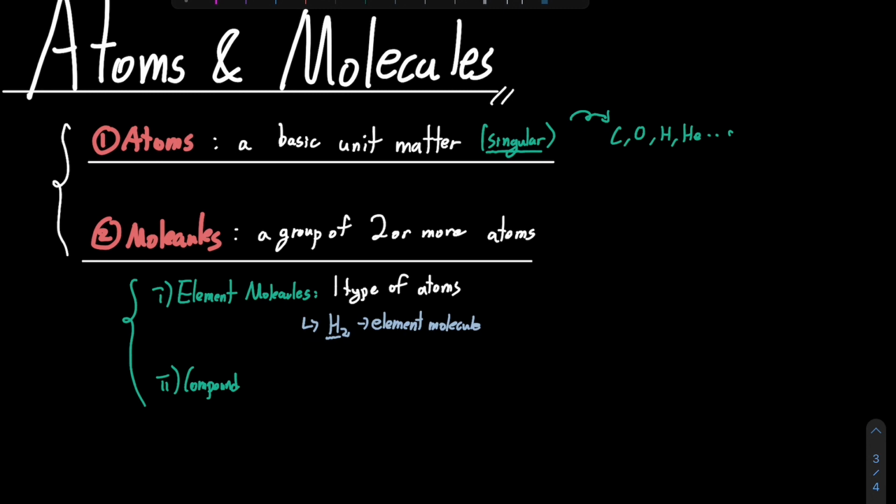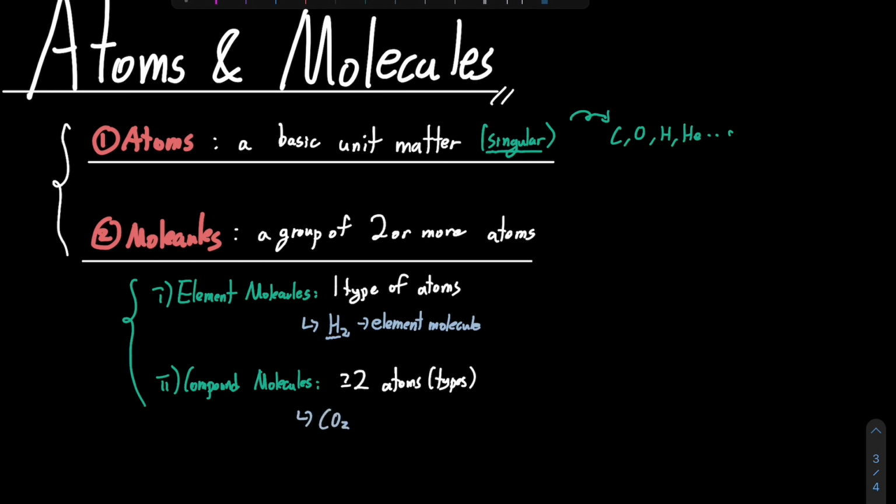And compound molecules, on the other hand, are molecules that have obviously two or more types of atoms. So there's a lot of examples for this. Some famous ones may be CO2